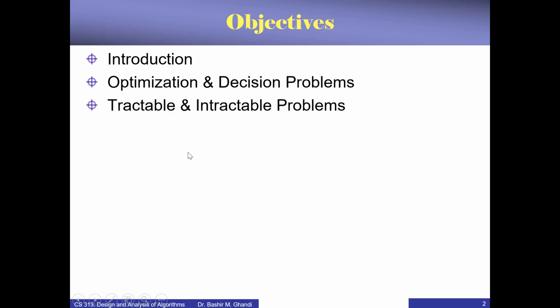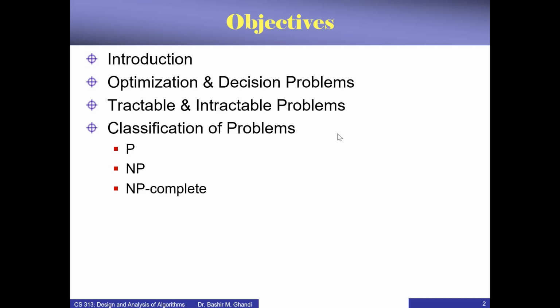Then we differentiate between tractable and intractable problems. When do we say a problem is tractable and when is it not tractable? Okay, then we classify problems according to their tractability. And we're going to study 4 categories. First, we have a class that is called P, a class of problems that is called NP,